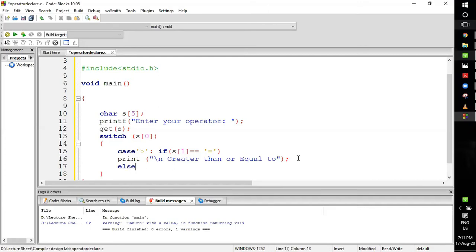Else, it will simply print out as greater than. So now it will print greater than.